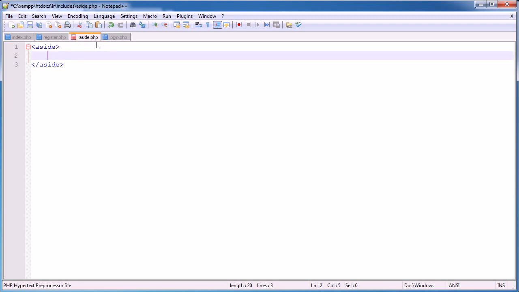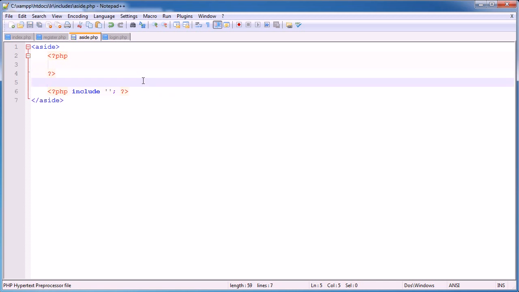Okay, so inside of aside.php now I'm going to go ahead and include this login form. Now we obviously don't want this to be shown all the time because our users will be logged in at one point. So this here is just for purposes of breaking the template up, but we're going to have some,